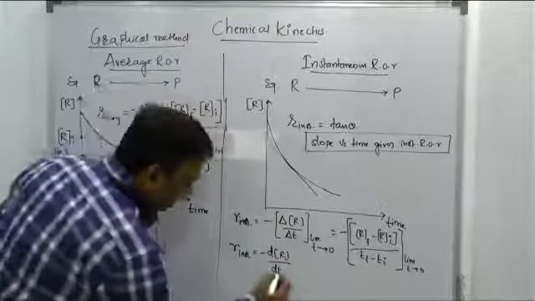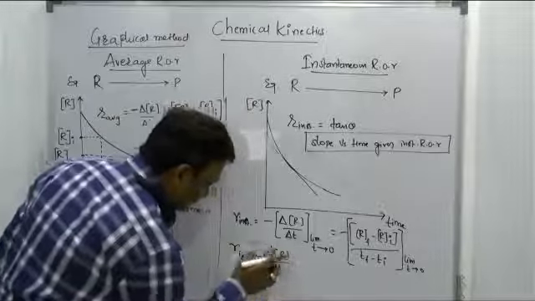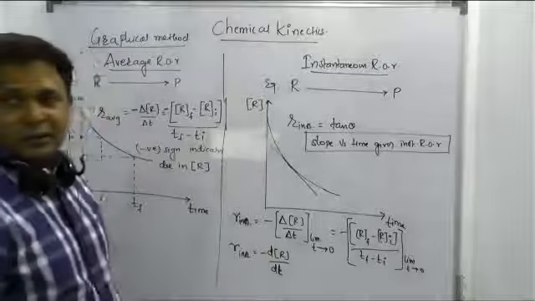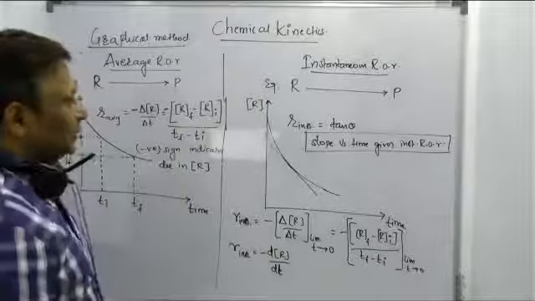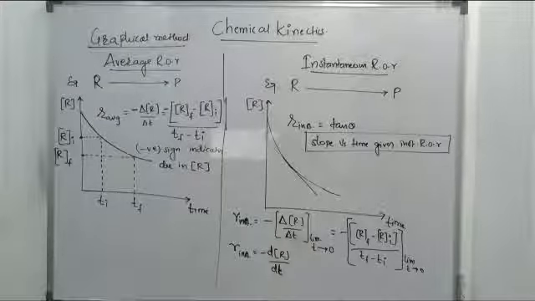That is, at a small interval of time, a small change in the concentration of reactant gives rise to what? Instantaneous rate of the reaction. Right? Take a screenshot here, beta, because I have taken the graph for reactant versus time. Now we'll try to find the concentration of the product versus time for average and concentration of product versus time for instantaneous. Right? Take a screenshot up to here.